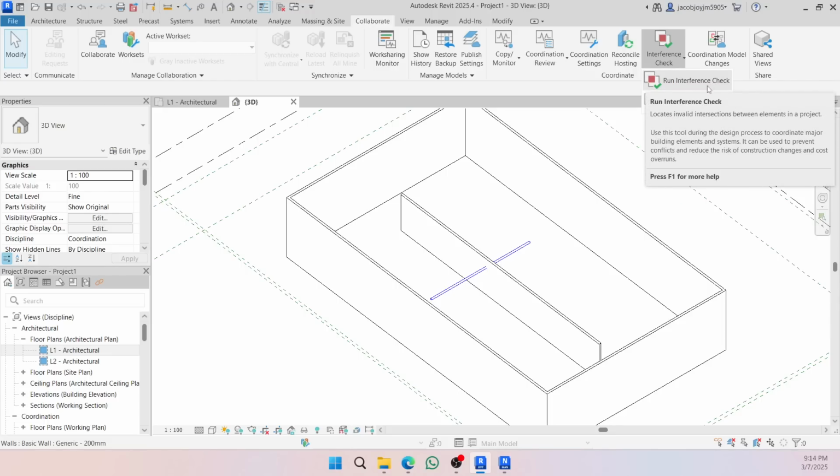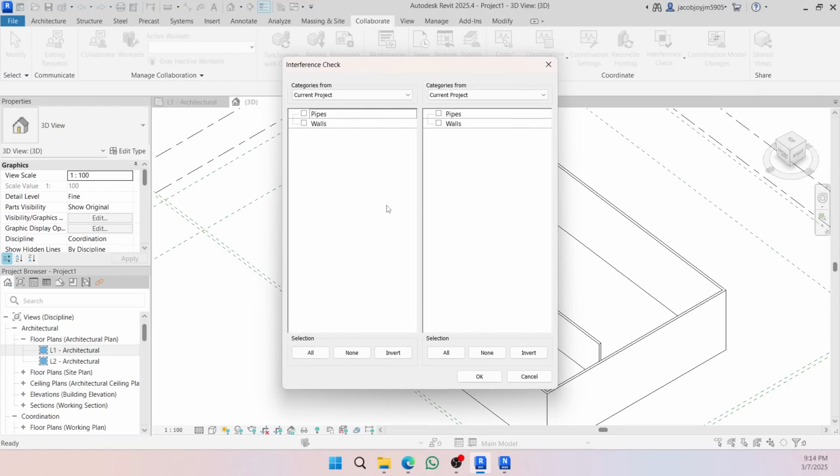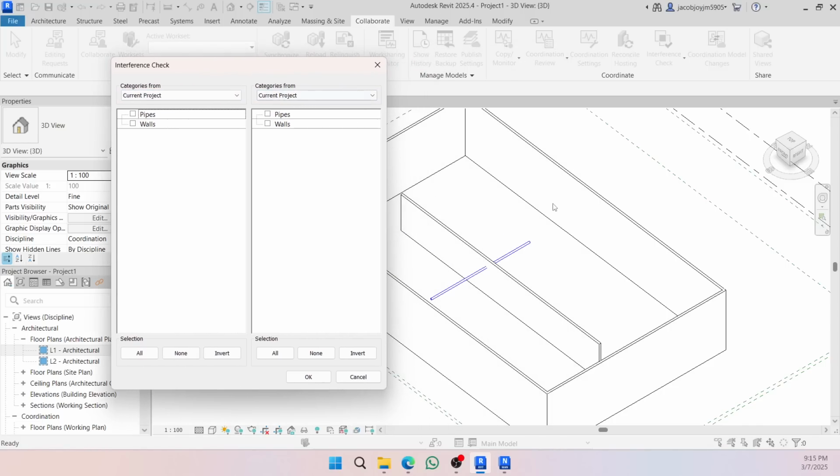If you run this interference check, we have an option to select between the current project and the linked project. For now, I have both elements in the current file. I don't have any linked file. So I'm going to check between the current project file. From the left, I'm going to take the wall. In the right, I'm going to take the pipe. So wall to pipe, I'm checking the clashes. Once I say OK,